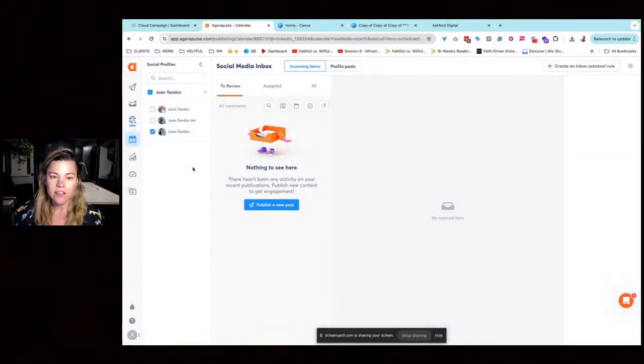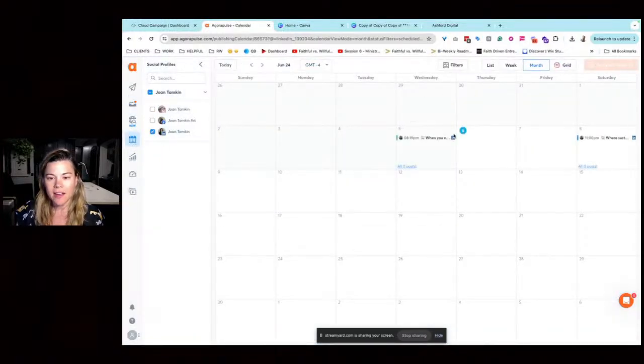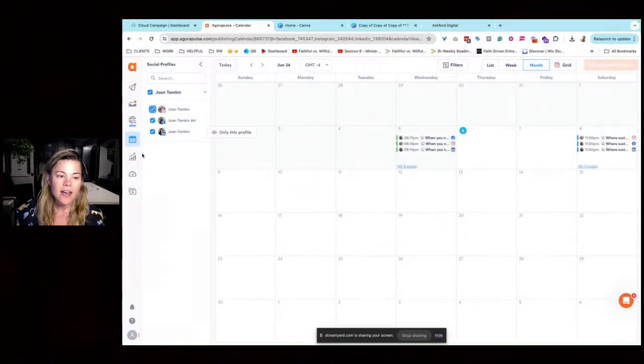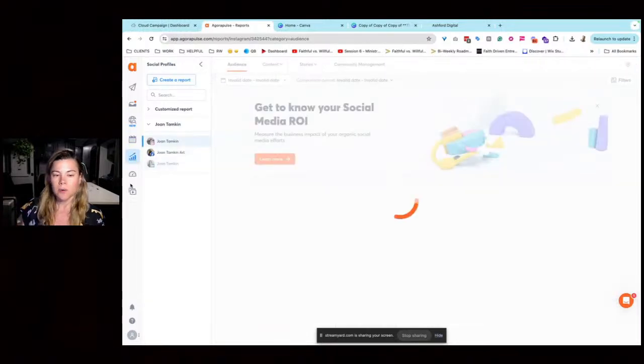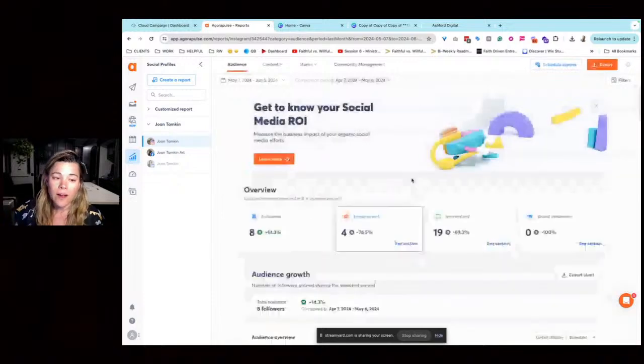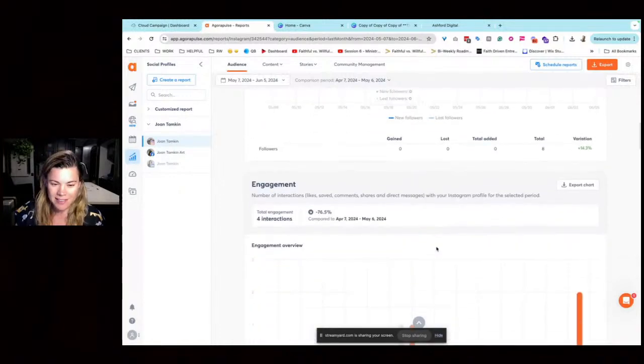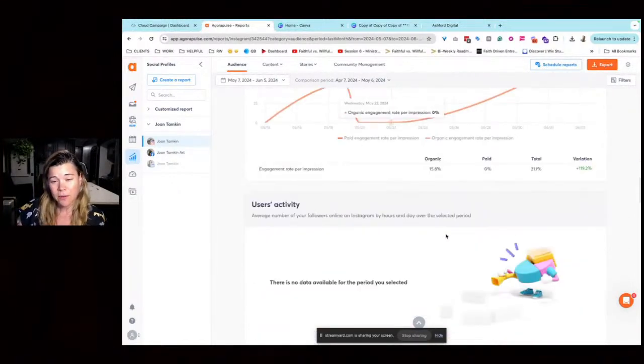Then on the calendar, you can see everything that's coming up and what platforms. You'll see right here, there's other posts that might have gone out. Wait, there we go. So you can see all three and where they went. And you can see your analytics, your reports. It will run the report for you, show you your impressions, brand awareness, engagement. I do like their reports a lot. I'm really happy with Agorapulse. I always have been.